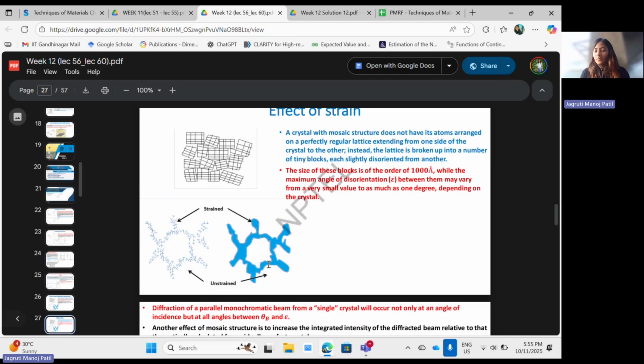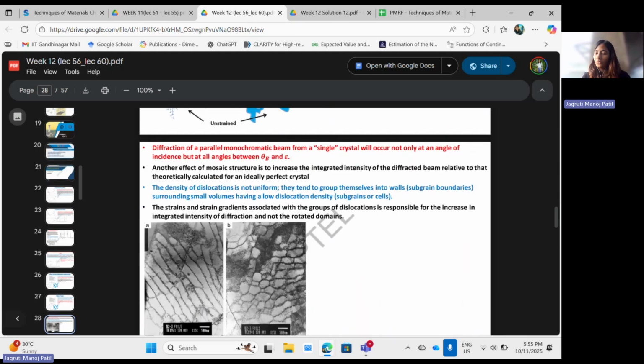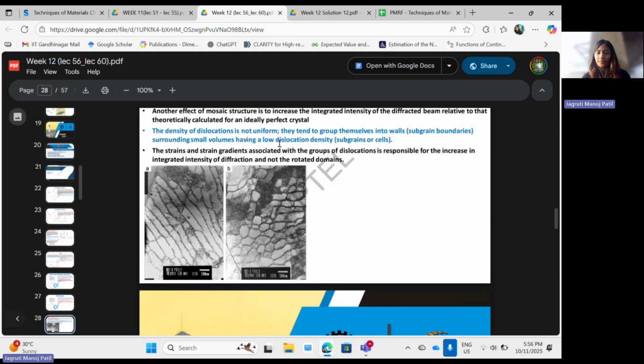And because of that angle, the spatial locations that you're trying to look at won't be on the order of angstroms or the one wavelength of that monochromatic beam. Now here it becomes more crystal specific. So what you look at to get useful information from the structure you're trying to image would be the parallel beam diffraction effect. For a monochromatic beam on a single crystal, that will not only occur at one particular angle of incident theta, but will also occur at your Bragg's theta and your shear angle. So those are the two angles that you're trying to look at.